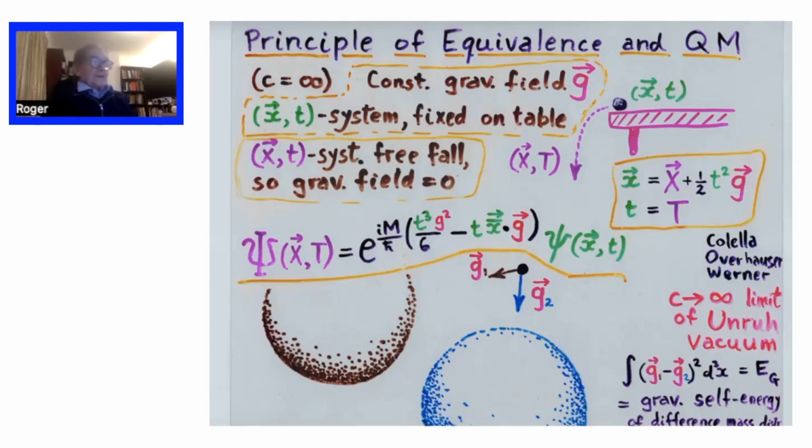However, you might say, well, we should really do it in accordance with the Galileo-Einstein equivalence principle, and you consider a freely falling frame in which there is no gravitational field. And you have the two different colored coordinates. I think the green one is the one taken with respect to the table.